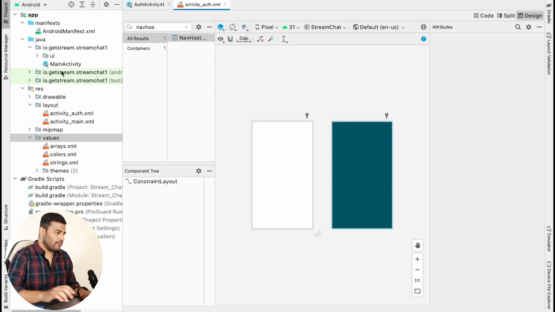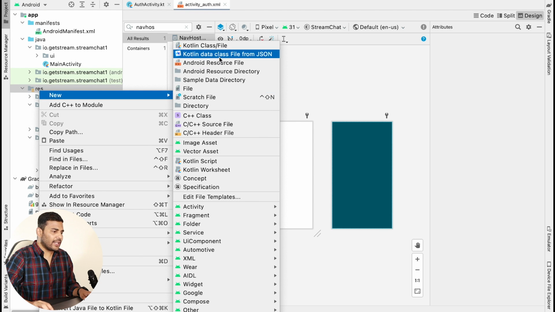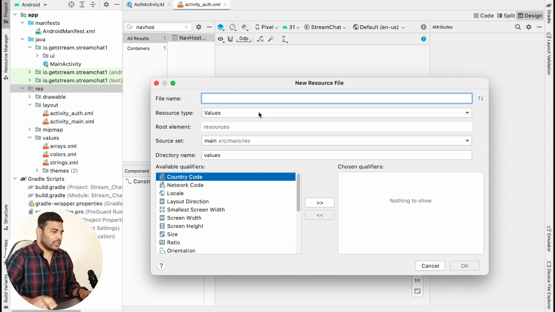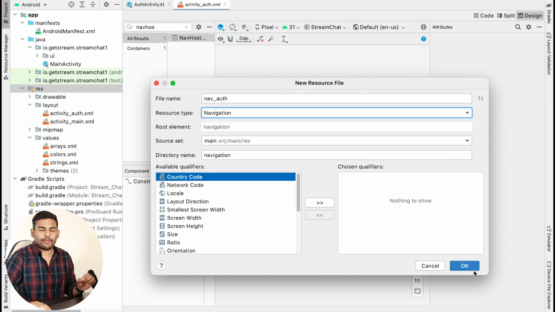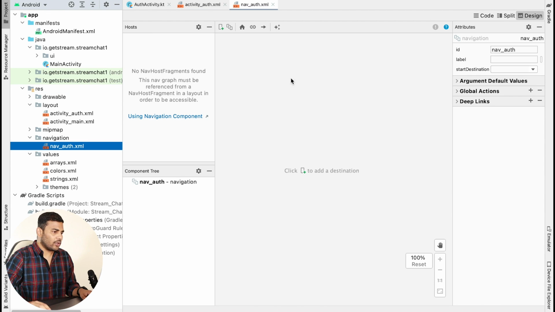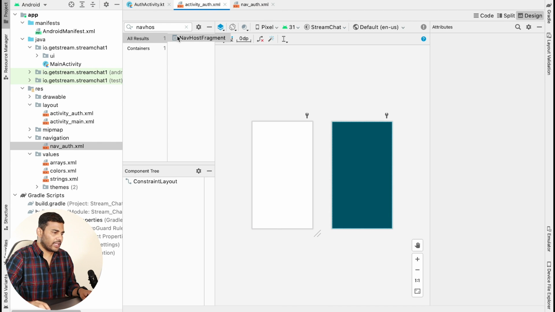Oops, I created a values, but I need to create a navigation graph. So again, I will do the same. I will create nav auth, and this time I will select navigation from the resource type menu. So let's hit OK, and now we have our navigation graph.